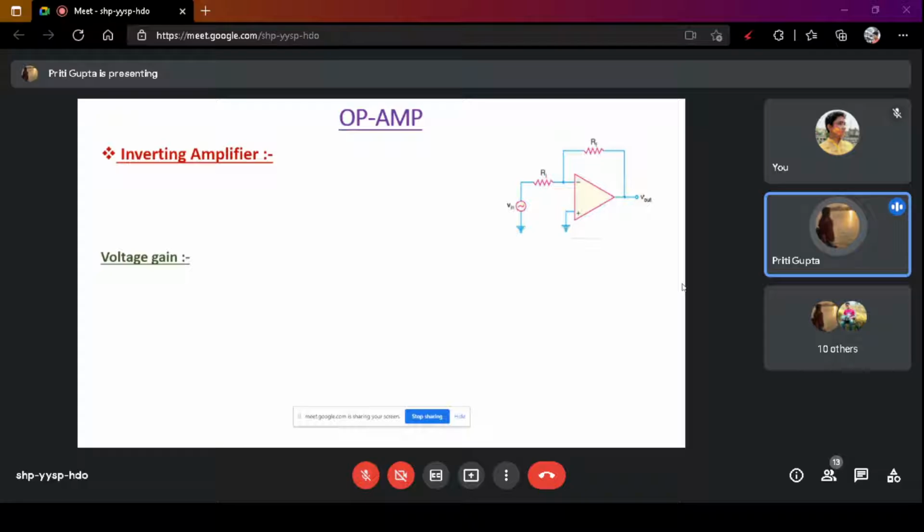So this is the circuit diagram of an inverting amplifier, and you can see the positive terminal is grounded. We are giving the supply in the negative terminal, and RF is the feedback resistor. Here we have given the negative feedback. Ri is the input resistance. Once you are done, let me know. Done, ma'am. Ma'am, the resistance on top is RF, the feedback resistance. F for feedback.